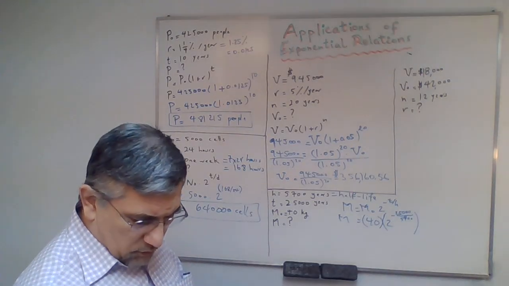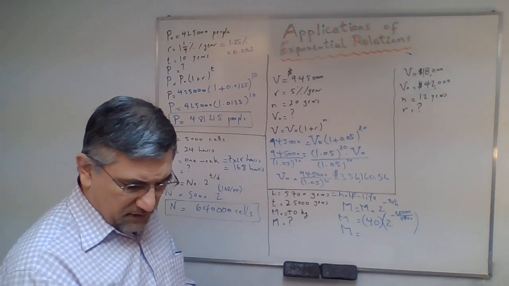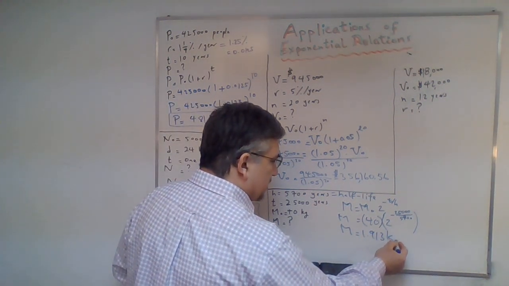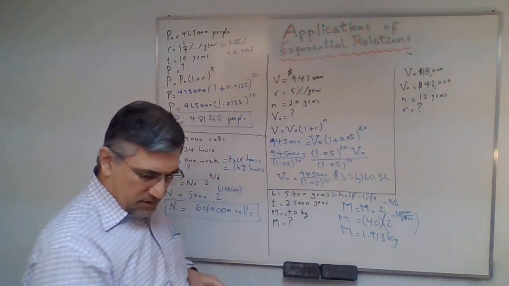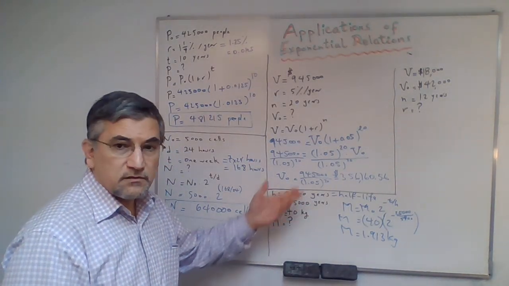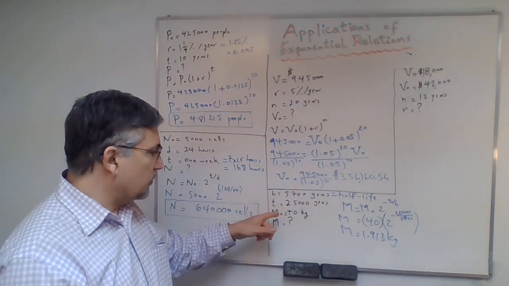So now, using a calculator, we are going to find the remaining mass of this radioactive substance. 1.913 kilograms is how much will be left. Obviously, 25,000 years is a long period of time, and that 40 kilogram, after